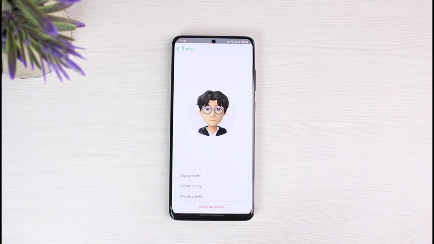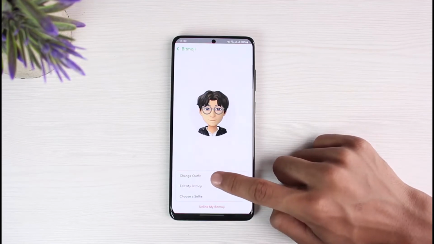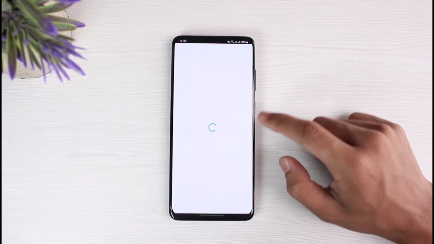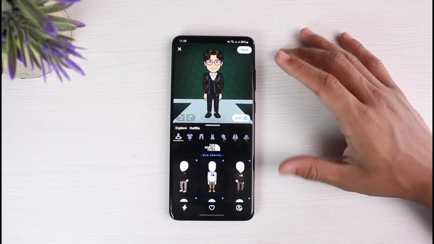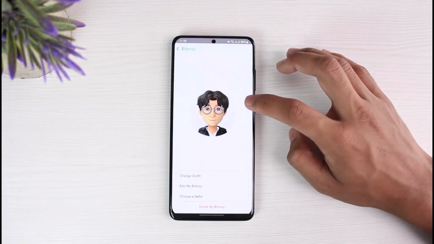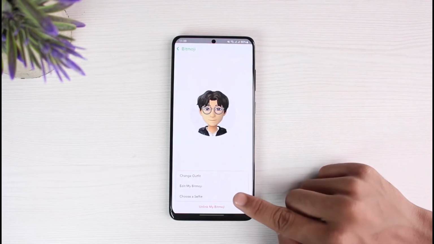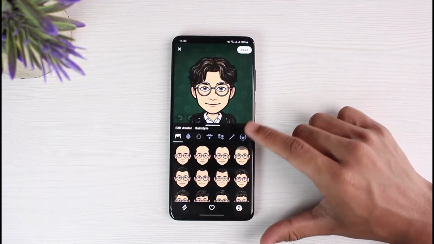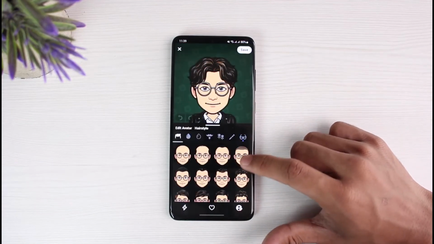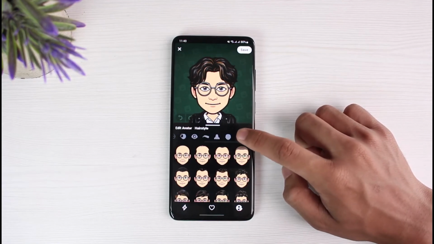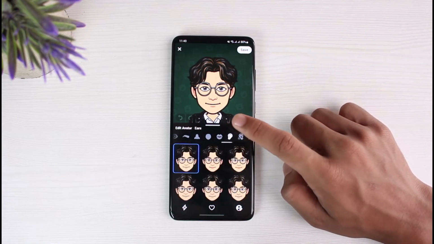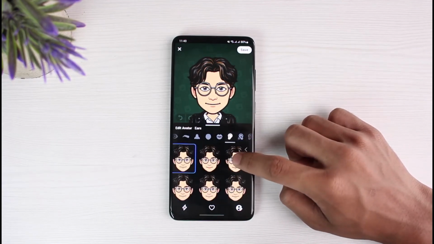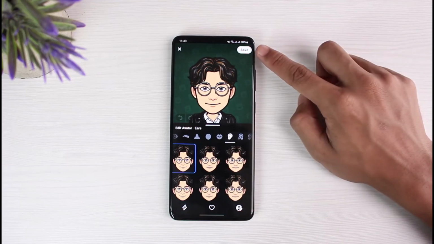Now the very first thing you want to do, if you want to change the outfit for your Bitmoji, is select change outfit, and you could change to any of the other outfits which you would like to choose for your Bitmoji avatar. Another thing you can do is edit your Bitmoji. So if you want to edit some of the stuff about your Bitmoji, such as the hairstyle, the glasses, add-ins, your lips, the complexion, your eyes, and so on, then you can do that